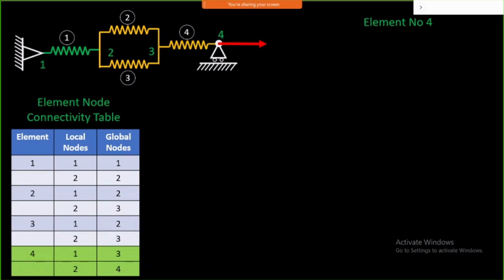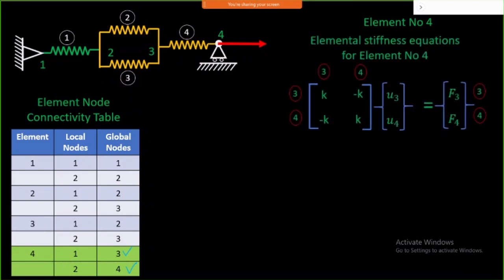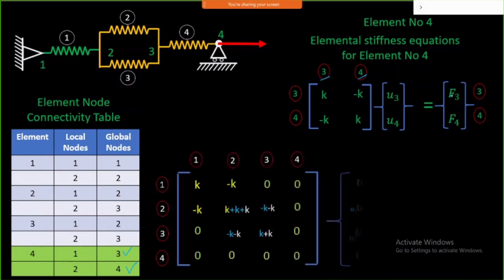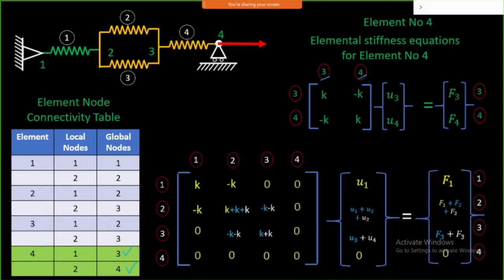So now you just look at the global nodes here. Now the nodes are 3 and 4. So my matrix columns and rows numbers will be 2, 3 and 4. So I'll now include this 3, 4 here. Here it is 3, here it is 3, here it is 4. There is 3, 4 and so on. Then we can now include it into your global stiffness matrix, because this 3, 4, 3, 4 will be here. This is the entire matrix where the stiffness matrix is going to sit here,